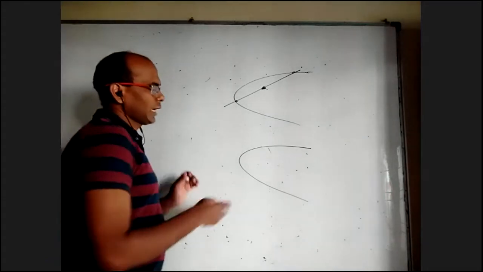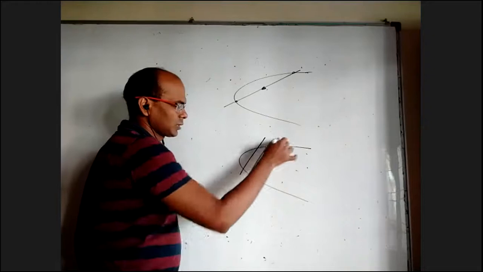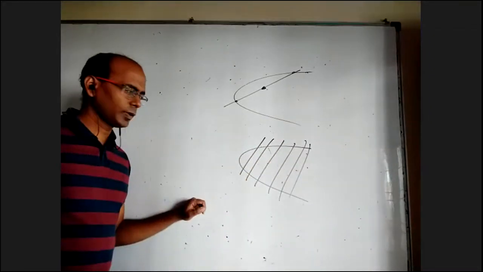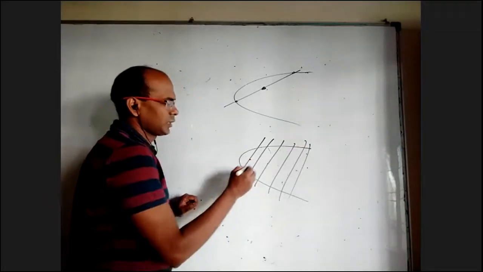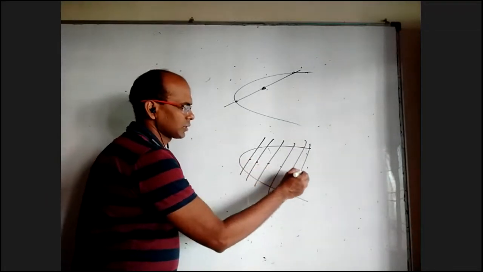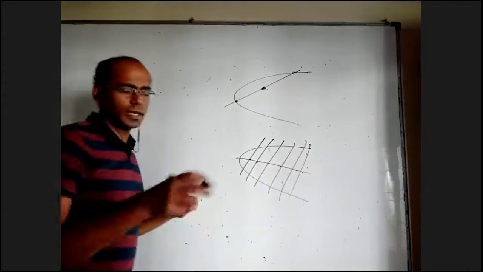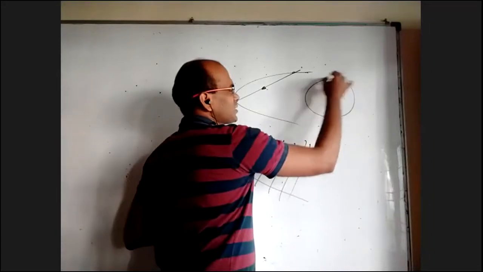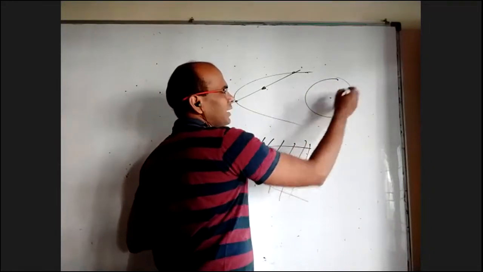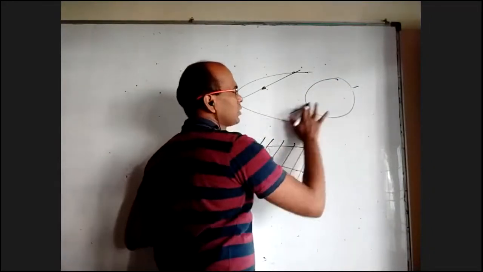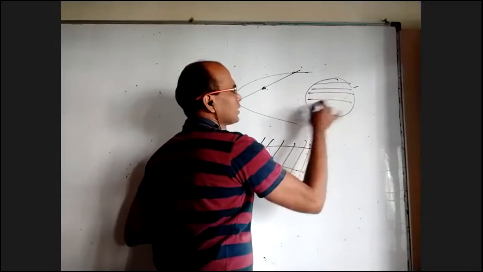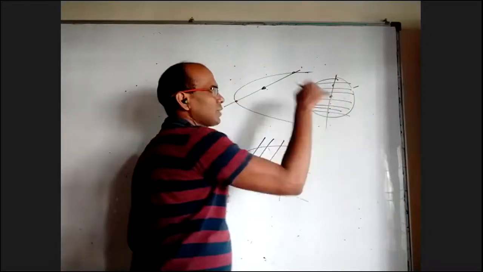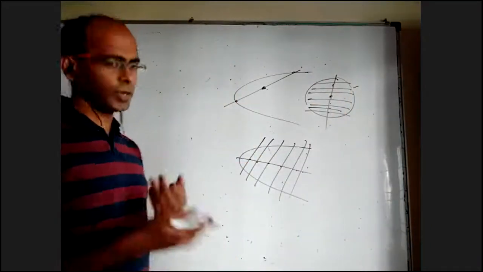So when you have a set of parallel chords, either in the circle or parabola, ellipse, hyperbola, all of them, you take the midpoint of this chord, this chord, this chord, this chord, join all of them. You'll get a line. That line is called diameter. In circle, it is the usual diameter that you know. Any line passing through center is called a diameter. Why? Because if you take a set of parallel chords, take all their midpoints and you join, what you get is a line passing through the center. So it is a diameter that you think you know.